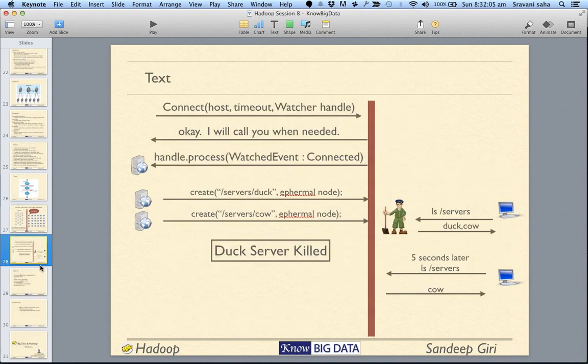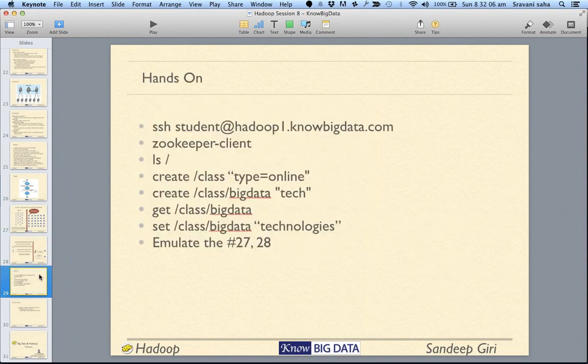Create your own parent node, and under that node you do whatever you want to do. Try to take these steps,